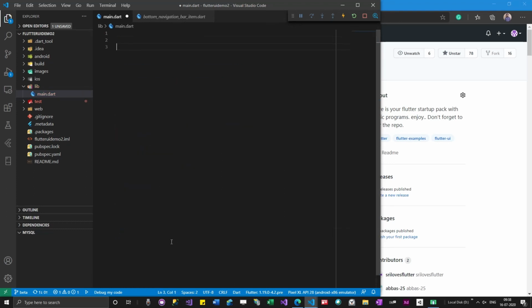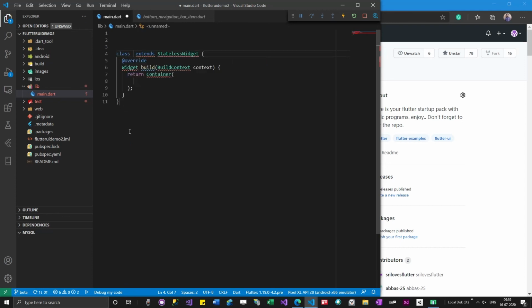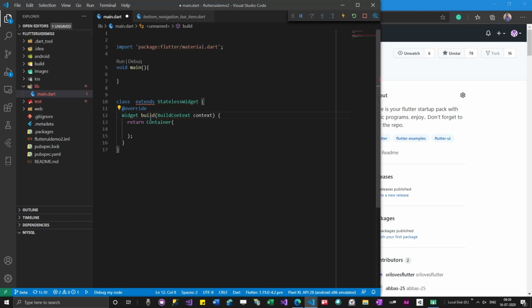Any app you need, you are going to write a stateless widget, and it generates some code. Void main is common for all Flutter apps. Import statements are common. All these things are common. Whatever code is common across most apps is called boilerplate code.